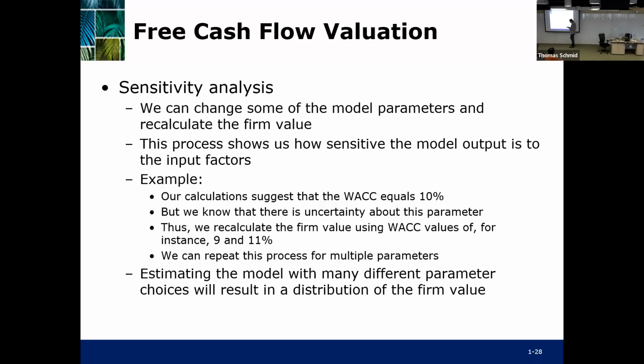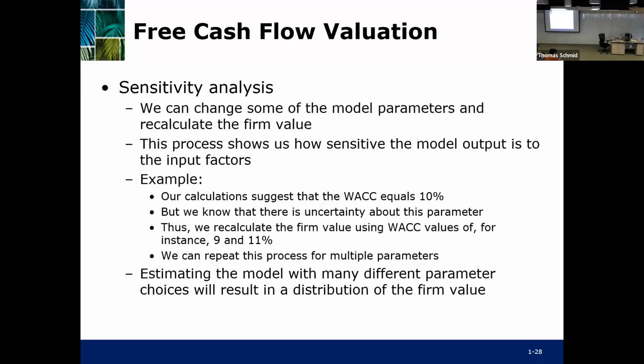So at the end, you have models with many different parameter choices, and every model leads to a firm value. So you do not get one single firm value, but a distribution of firm values. If you do 100 different parameter estimates, you get 100 different firm values. If you do 1,000,000, I'm not saying you should do that, you would get 1,000,000 different values. A distribution of the firm value is probably much more reasonable than coming up with a single value, right? Because then you could say, look,